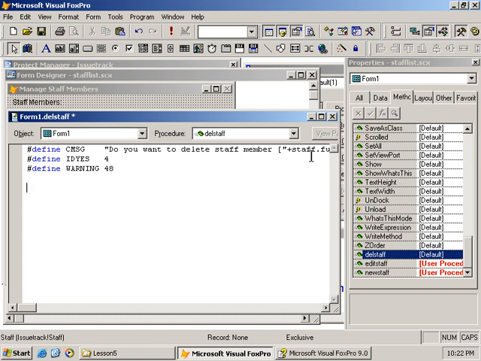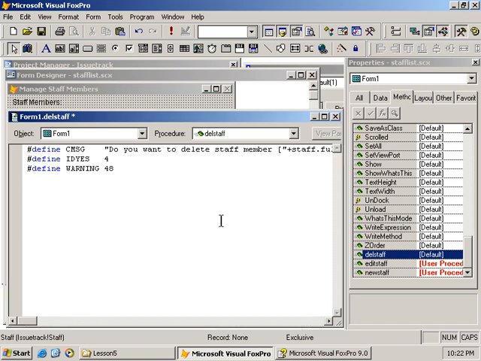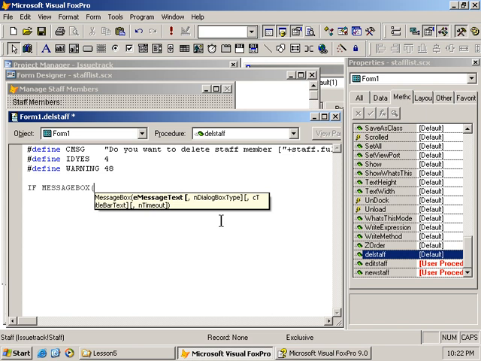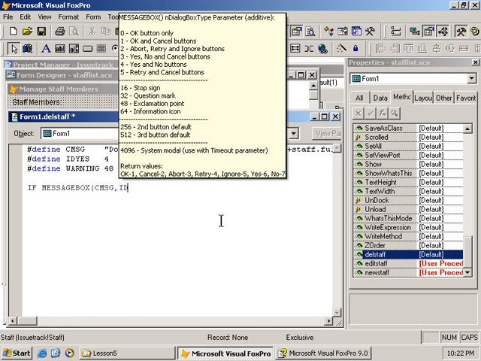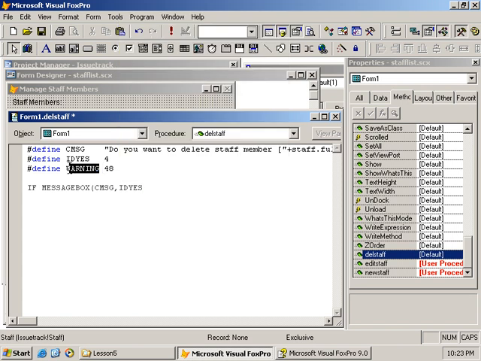I'm just doing this so you could see some additional features of Visual FoxPro that we've not really looked at as yet. So what I'll do here is simply ask the user with MessageBox, cMessage, and I'll put the buttons. It's actually Yes/No, and you can see it up here. For the button value, 4 will give me Yes/No buttons, and 48 of course gives me the exclamation point. But I don't think I want exclamation. I think I want the question sign. The question icon is 32, so I'm going to change this to